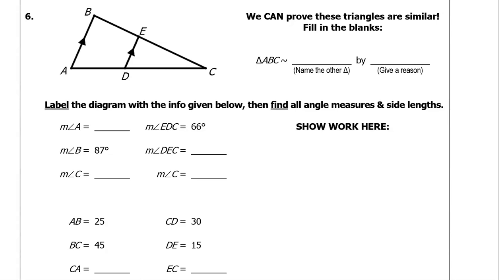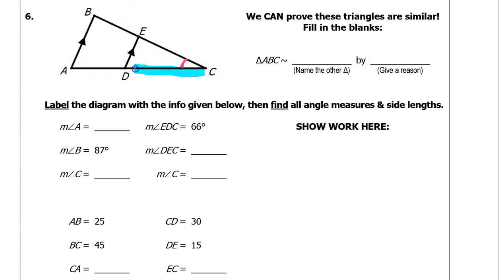So this angle is shared by both triangles, all right? Angle C is an angle of the small triangle, but it's also an angle of the bigger triangle. So the 2 triangles have this shared angle in common. So let's go ahead and mark that. In addition to that,